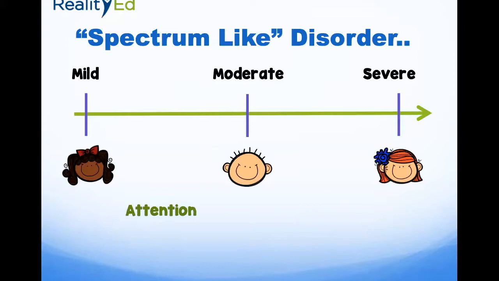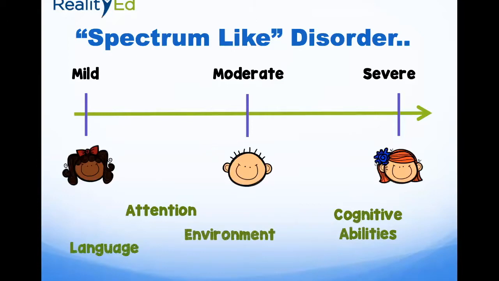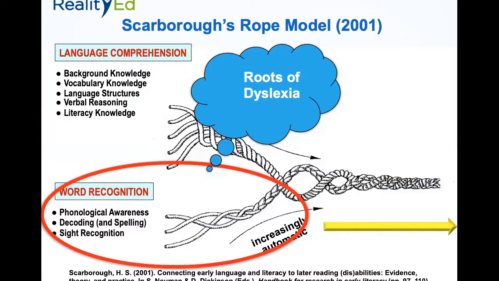But much like in this spectrum disorder, there's outside influences, attention being one of them. ADHD and dyslexia, those are comorbid and they occur between 30 and 40% of the time with each other. So students that have attention deficit disorder also have an increased risk of having dyslexia. Other pieces that interplay here are cognitive abilities, language, background knowledge, environment, instructional experiences as well. So there's quite a bit that can influence how significant the disability is for students. So again, if we know the roots of dyslexia occur at the word recognition level, then our interventions really need to tackle those